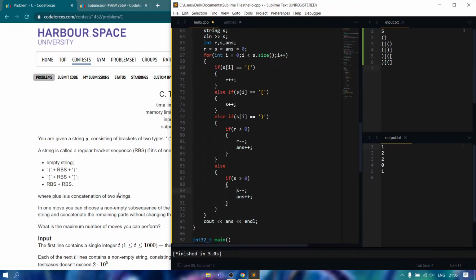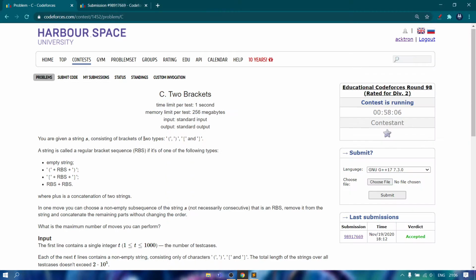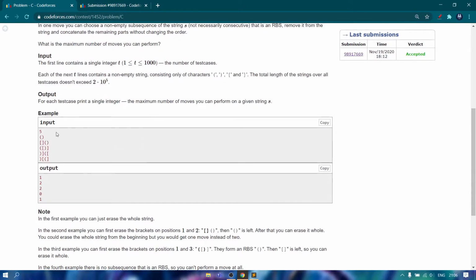So here is the code, guys. What we are doing here is we are taking a string as input.